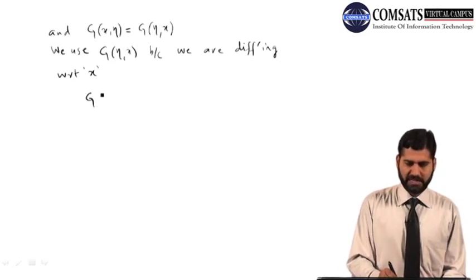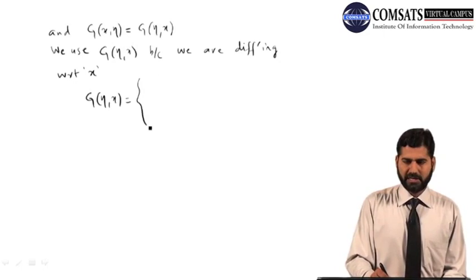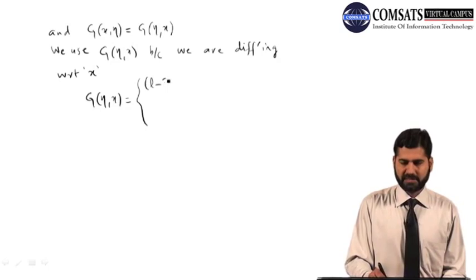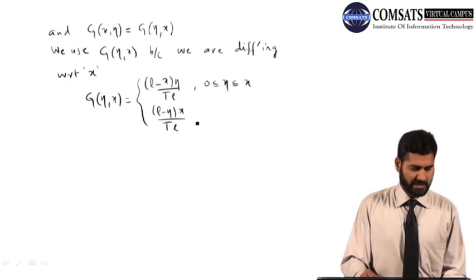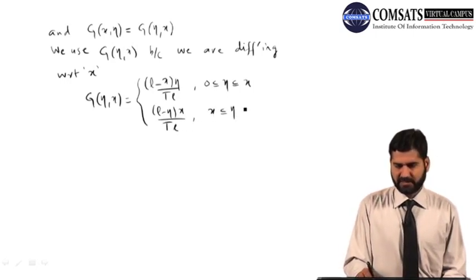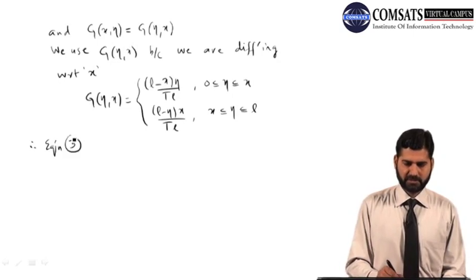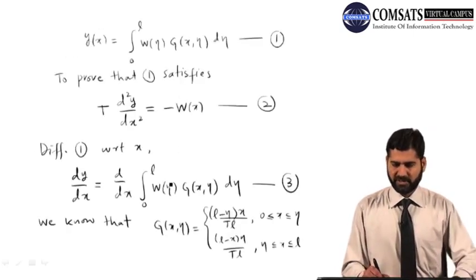If I write g(η, x), all I need is to swap η and x, so it is (L minus x) η by TL. It means now η is between 0 and x because I swapped η and x. So this is (L minus η) x by TL, when x is less than η. So now if you differentiate, first of all replace; therefore equation 3 becomes,